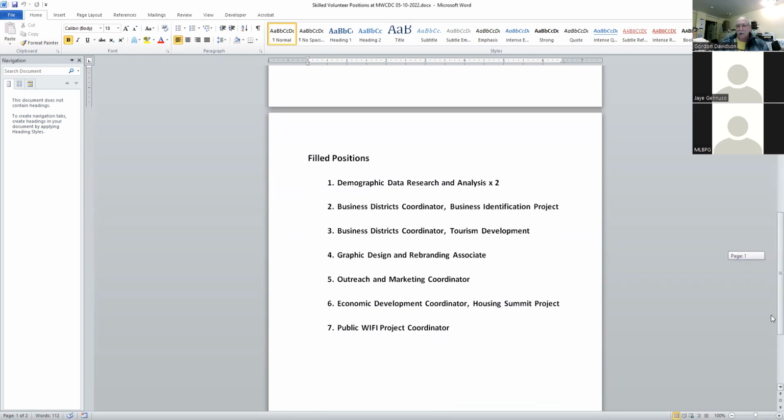If you saw, Jay, here are some positions filled by volunteers. We have 2 demographic data research and analysis project participants, and they've been doing fascinating work, collecting demographic data from 1930 on, and we're in the process of trying to find common data points across the different decennial censuses. And they're also looking at the last 20 years of possibly annual data,